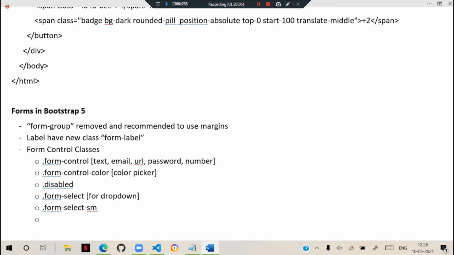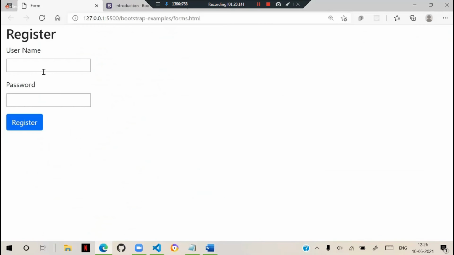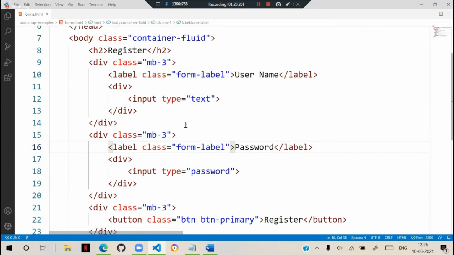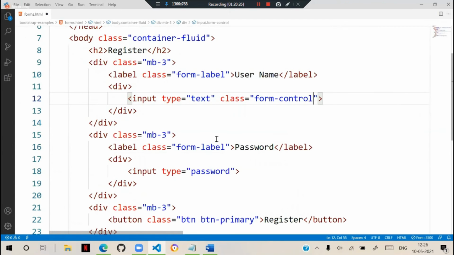So generally for defining the options, first I will show you up to this part, then some more options we can do. That means in this now, I need to keep a good appearance for these text boxes. Generally what we do is we use the class for text box, class is form control. And for password also the suitable class is form control. Form control is for text boxes and passwords.